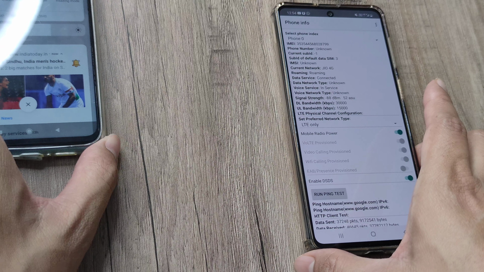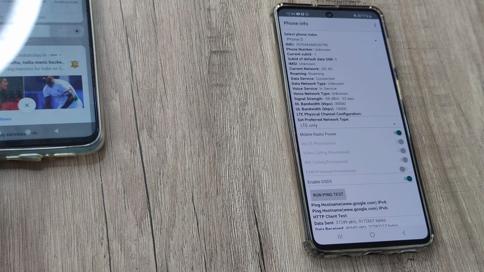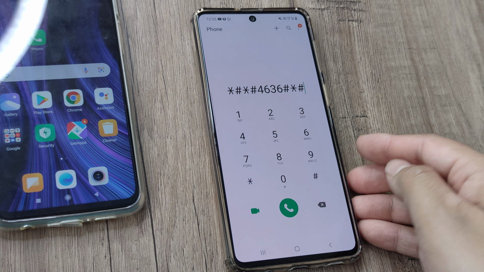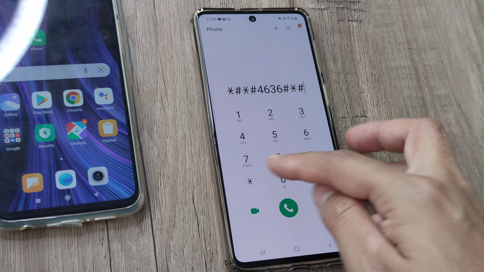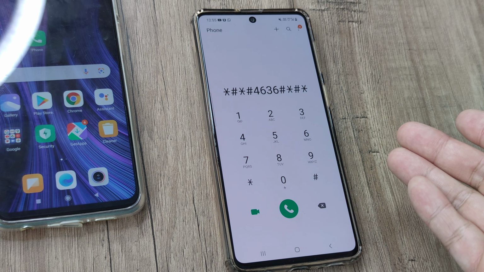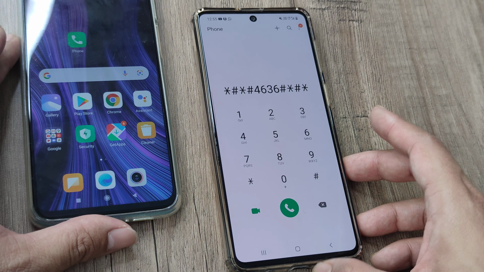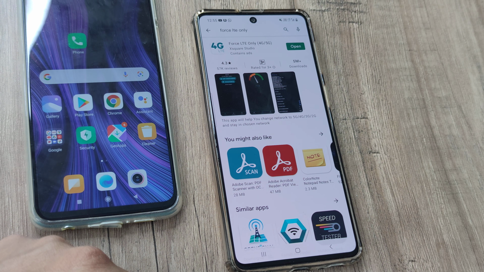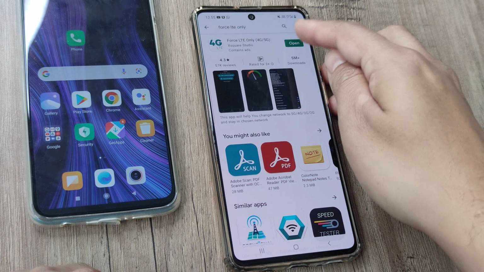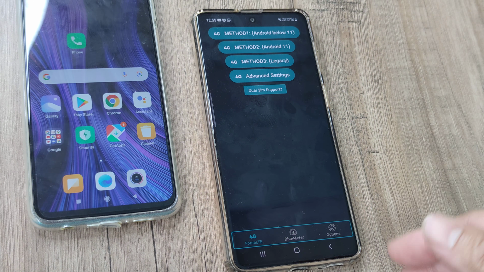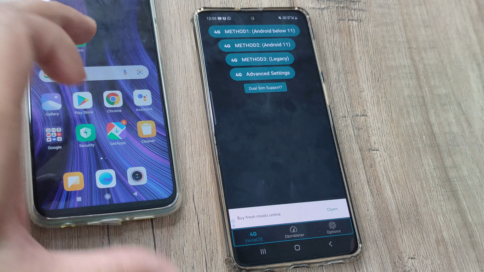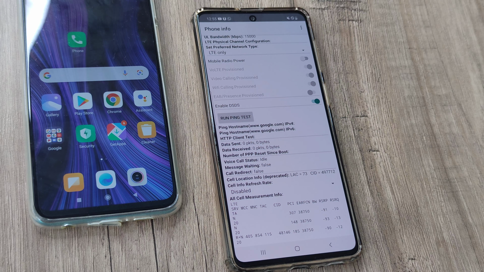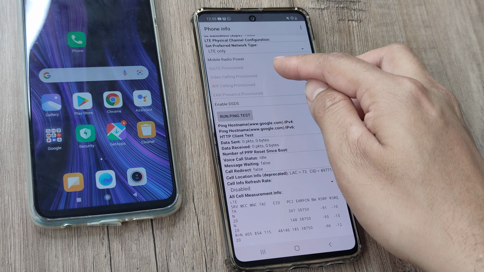This is for devices wherein the secret code works. But what about devices wherein the secret code doesn't work? In a device like Samsung, it doesn't really work like this. So how do you turn the mobile radio on? For this, head towards the Play Store and download an app called 4G LTE. Once you open that app, you will be presented with a page. Depending on the OS that your mobile uses, tap that option and scroll towards the bottom until you see mobile radio power.